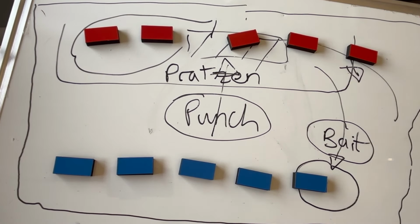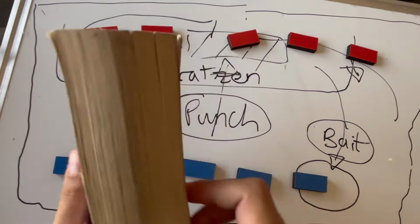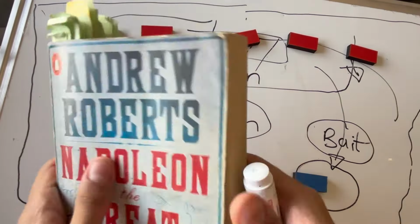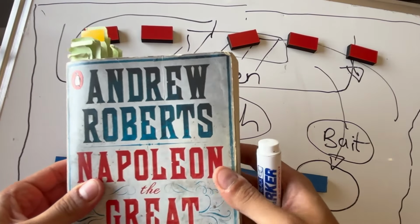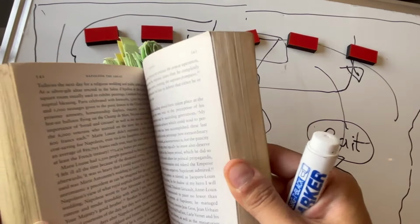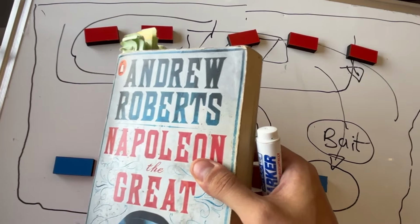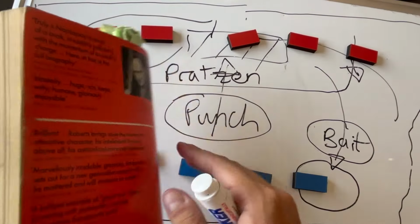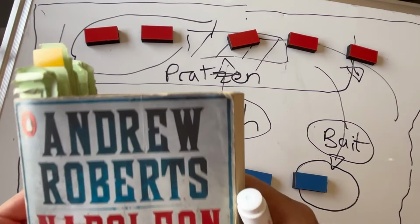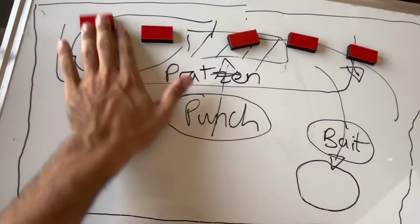Speaking of sources, I quoted this book in the video, Andrew Roberts' Napoleon the Great, and I can't recommend it enough. It's a fantastic book on Napoleon. It's thick, it's huge, it's like 800 pages or something. But when you consider the man's life, anything less wouldn't make sense. So if you want to learn more about the man, go out, buy this book, check it out. It's fantastic, it's really good. I can't recommend it enough. Anyway, on to the collection book, where first we have